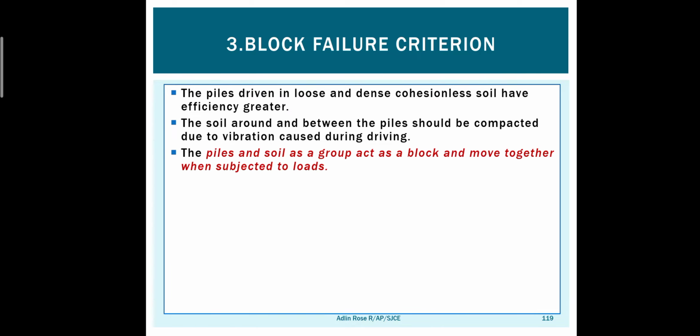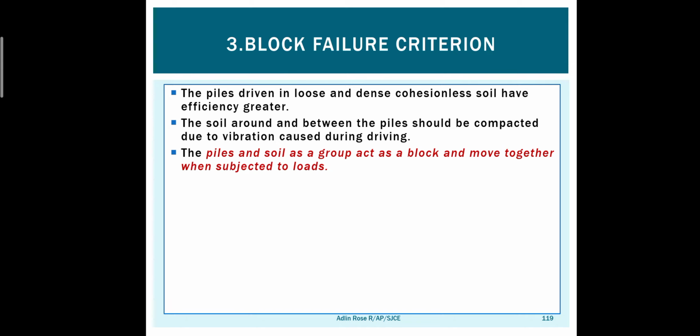Okay. Well, as I said earlier, each pile will have a pressure bulb. What is a pressure bulb actually? In simple terms, the effect of the load will be in that pressure bulb only. Within the pressure bulb boundary, the effect of the load will be there in the soil. So the pressure bulb means the effect of the load is only within that limit of the pressure bulb in a pile.